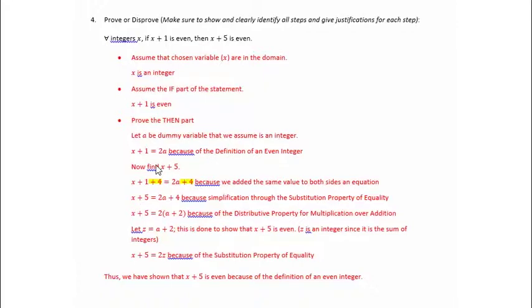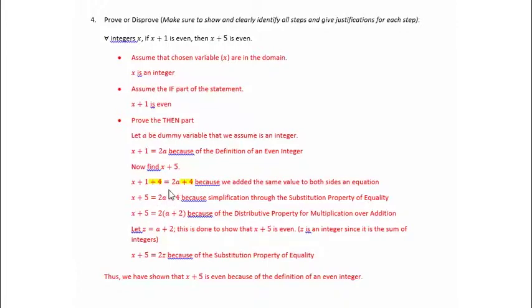Now we're going to find x plus 5. So we're going to take this x plus 1 and transform it into x plus 5. And I can do that by adding 4 to x plus 1 to get x plus 5. But if I do that on one side of the equation, I have to do it on the other side. So I have this 2a and I have to add 4 to it. Because we add one value to one side of the equation, we have to balance it out by adding it to the other side. So this 2a plus 4